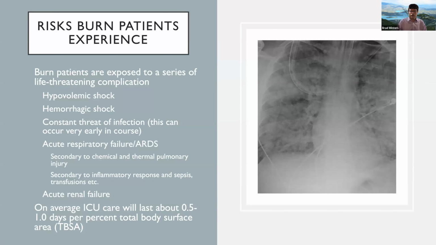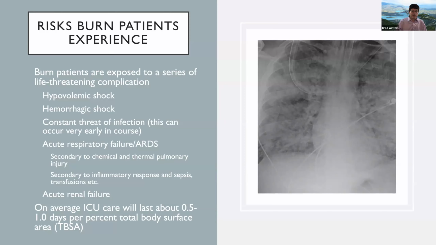Obviously, they are extremely prone to hypovolemic shock, and that's what the early resuscitation is really focused on. But these patients also may develop hemorrhagic shock. Now, they may have a hemorrhage associated with their initial injury, because as I said, a lot of times patients come in not only with a burn, but they come in also with other traumatic injuries. But they are also at constant threat of infection. And this can set in very early in their course, and throughout their entire course in the ICU, infection is probably one of the biggest threats to their lives after the initial burn management.